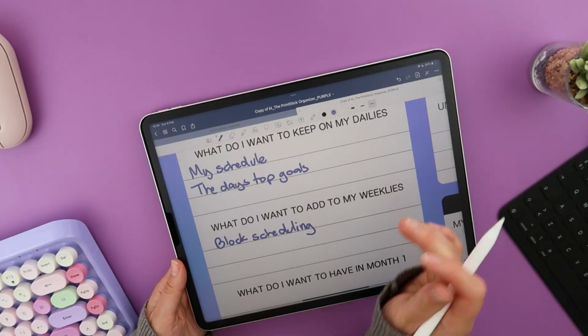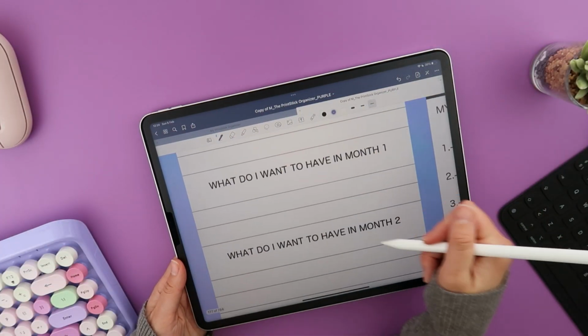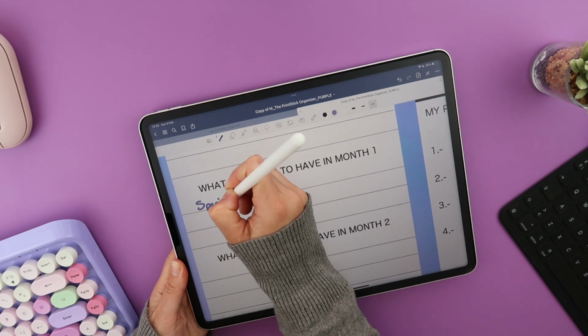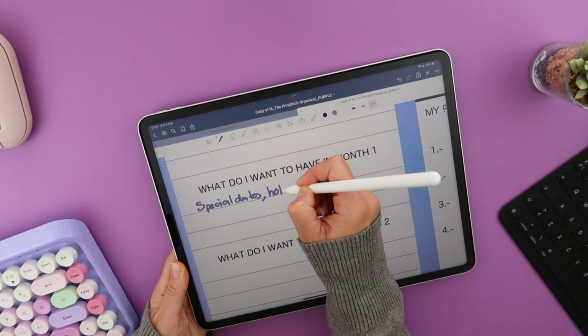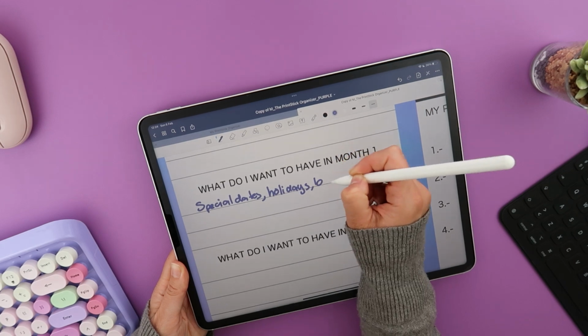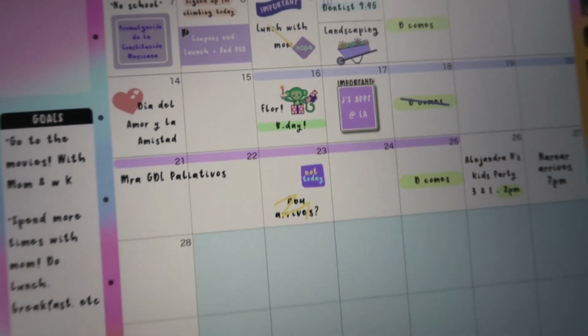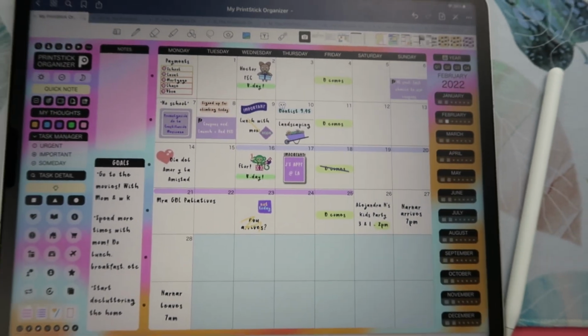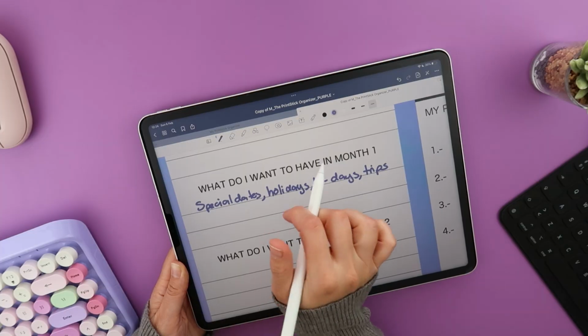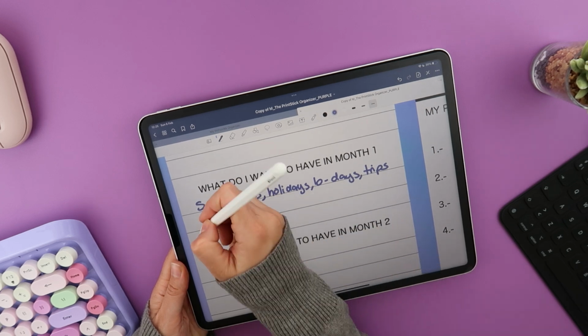Then I'm going to move on to my months. So in my month 1, basically I want to keep everything here, so I'm going to write down special dates, holidays, birthdays, any trips, either mine or my family members, anything that affects us, that for example if my husband or my mom are gonna travel, then I'm likely gonna go drive them to the airport, so I write those